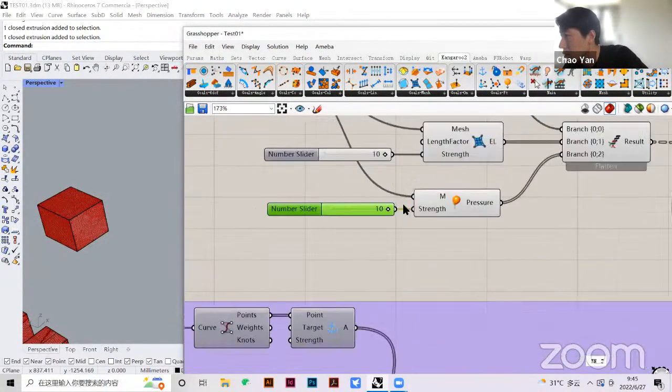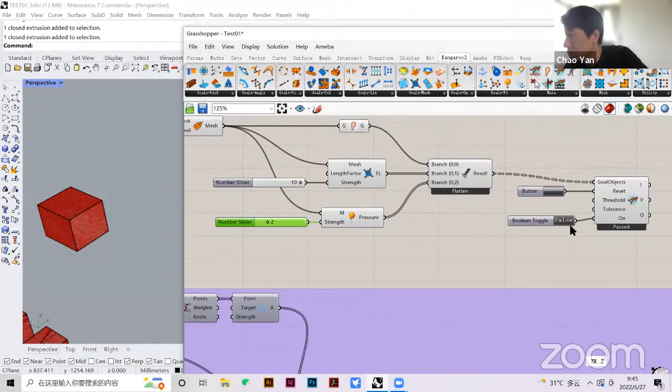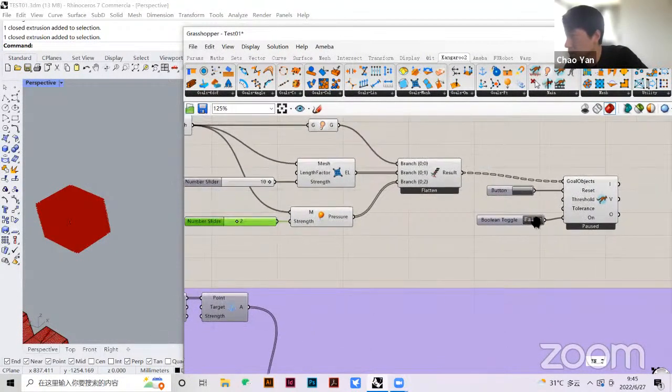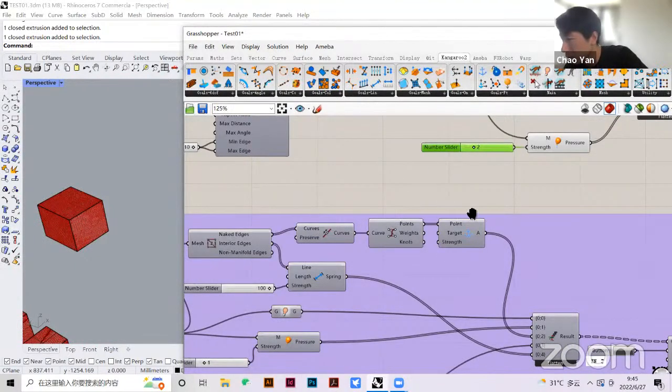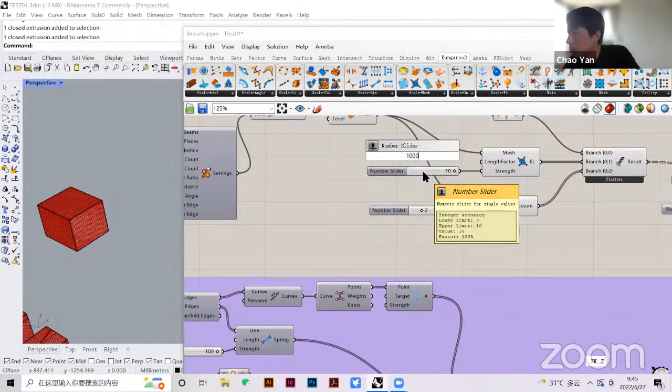Okay, so let's make it smaller. Let's give a larger number to